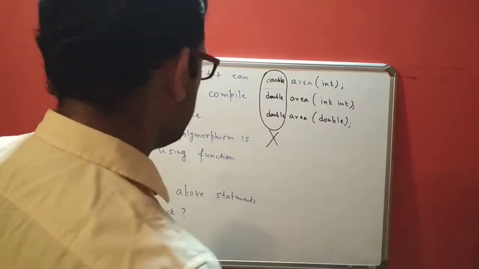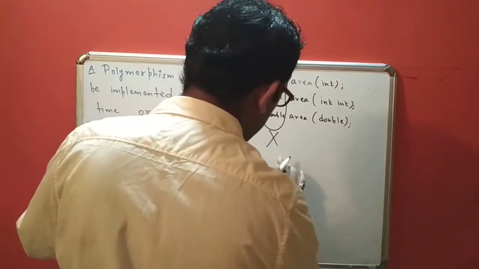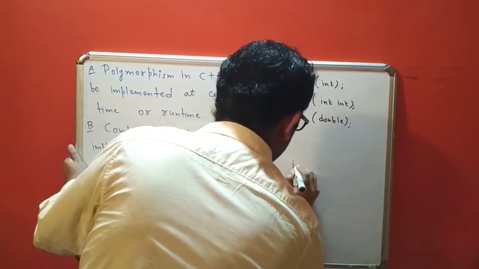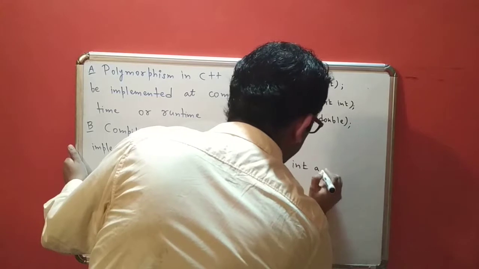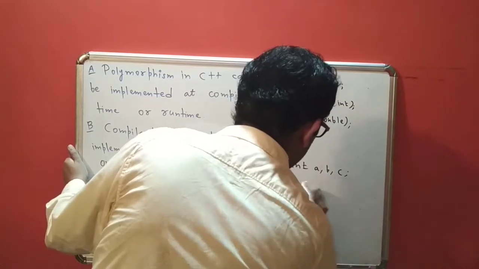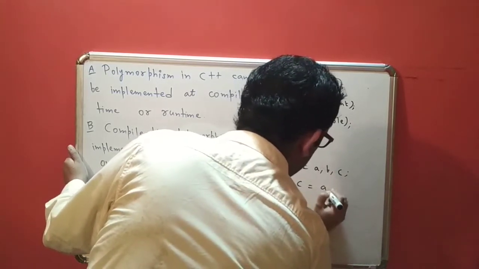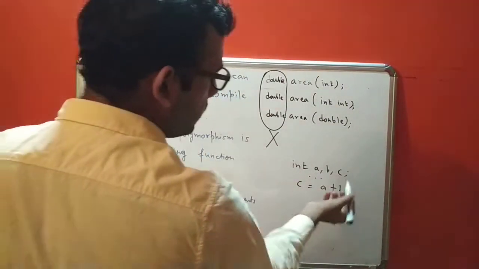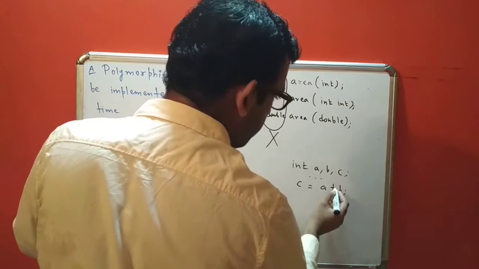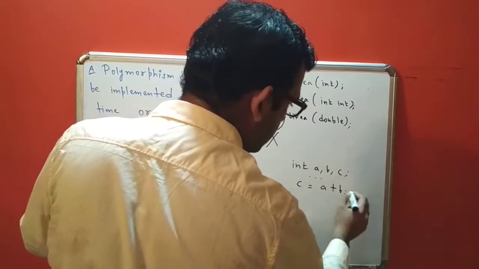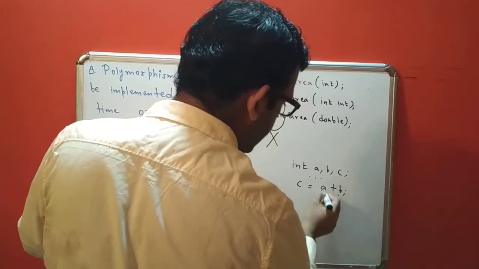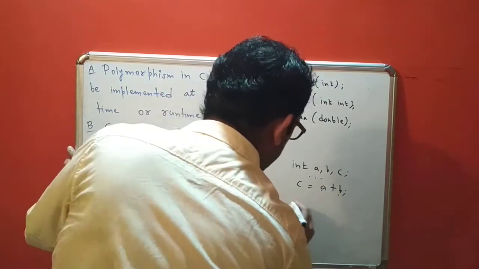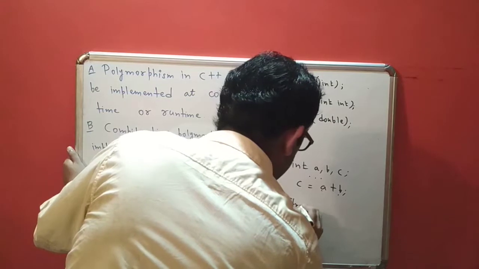Now, so this was function overloading, and what about operator overloading? Operator overloading, to just keep it simple, is something like this. Let's say I have int a, b, and c, and I write c equal to a plus b, right? Let's say I have a few statements in between, and I write c equal to a plus b. Now, the plus operator in this case is adding two integer numbers and assigning it to another integer variable. Let's say if I had something like this, string